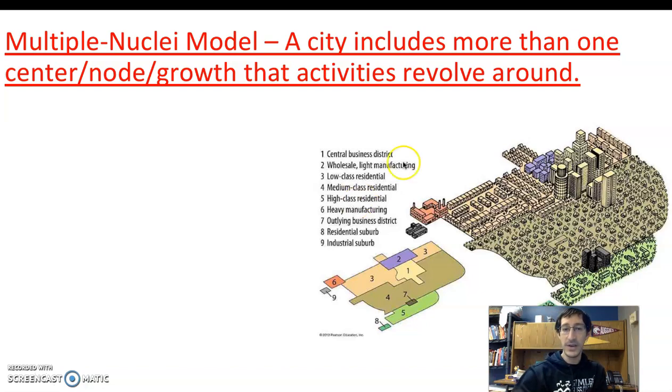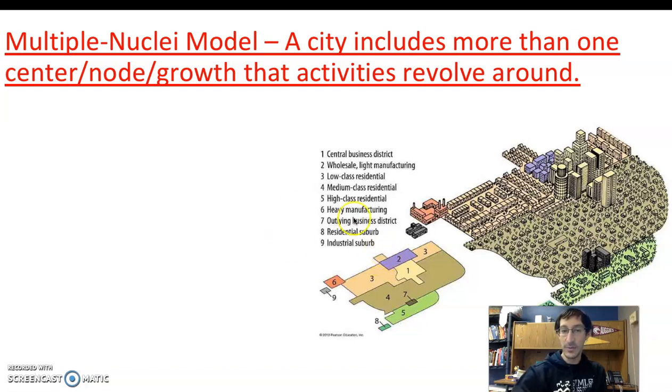So that includes wholesale and light manufacturing, which again, you do find on the outskirts of the CBD. You have your low-class residential places along the outskirts of that, medium-class residential, high-class residential, all along the outskirts of the area, and heavy manufacturing, which would be predominantly right here. Then outlying business districts. So think of other areas where you find different types of business clusters,